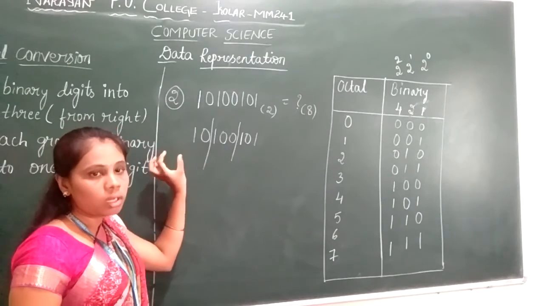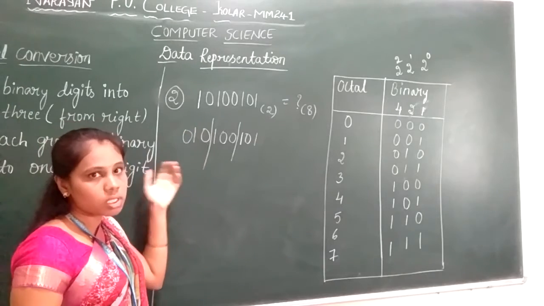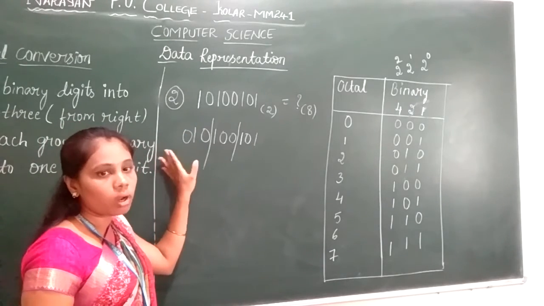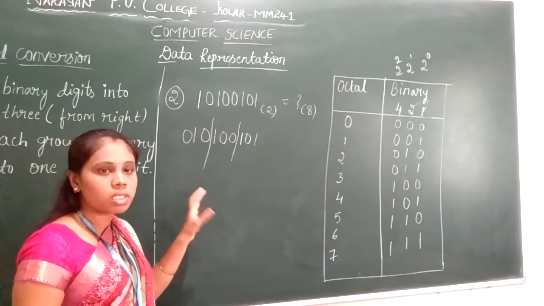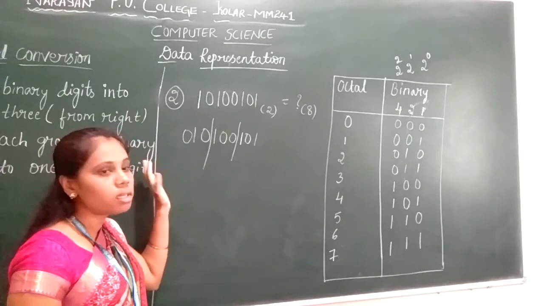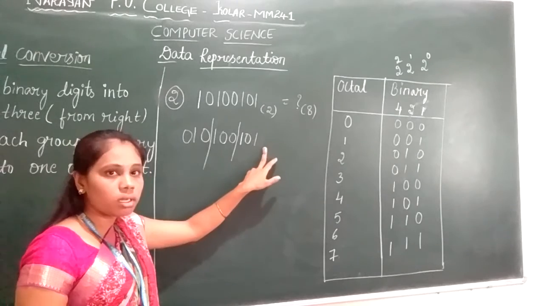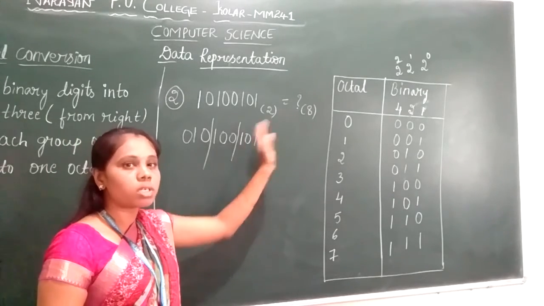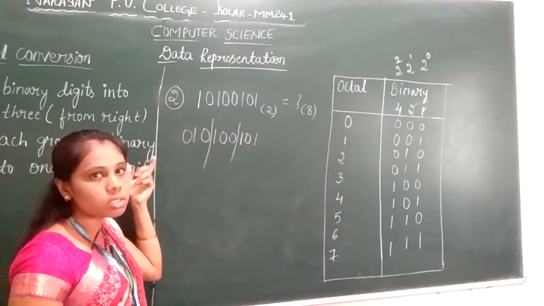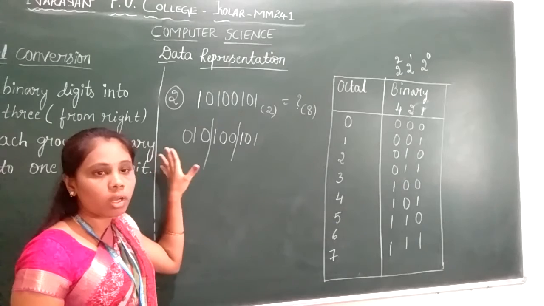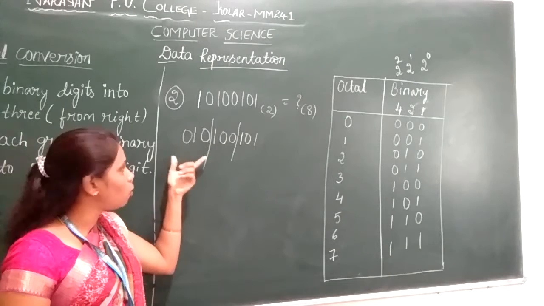Now here we have only 2 digits. To make this into a group of 3 bits, we can add 0 towards the left. By adding this 0, it will not change the value of the given binary number. So if the digits are not sufficient for making a group of 3 bits, we can add 0 to the left. If we have a decimal point or binary point here, after the point we can add zeros towards the right side. But here we don't have any fractional values, so we add the zeros towards the left. Now it has become a group of 3 bits.